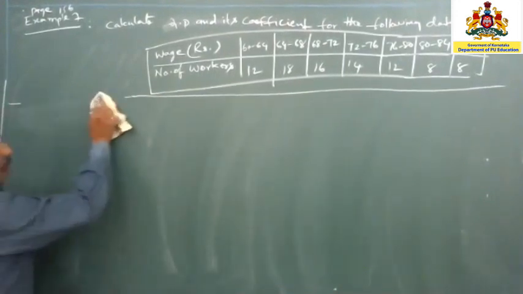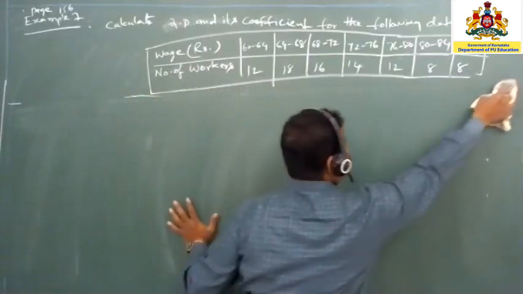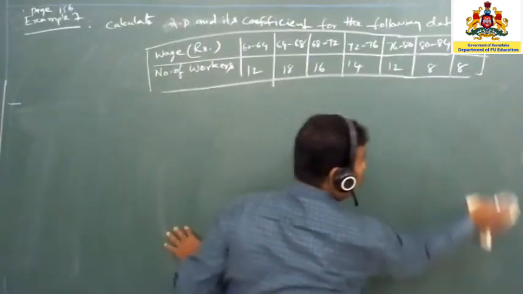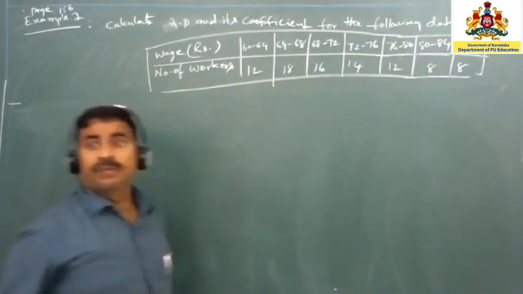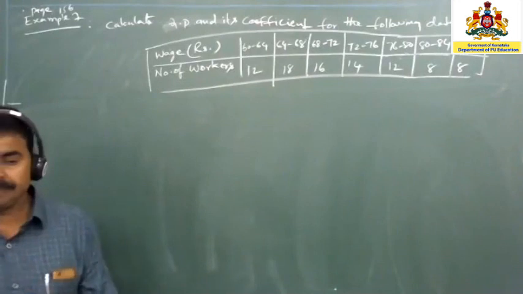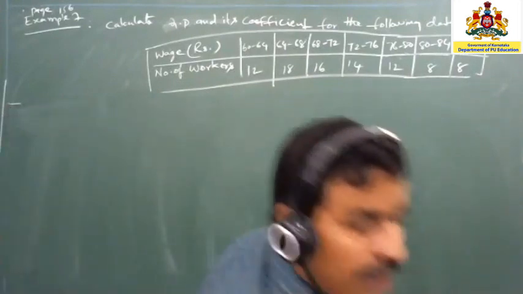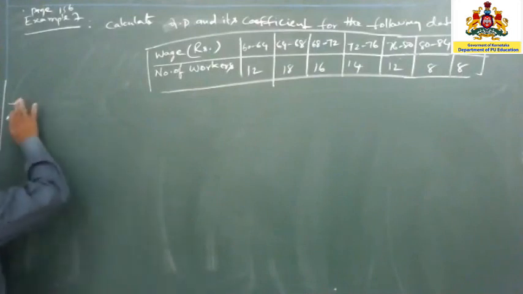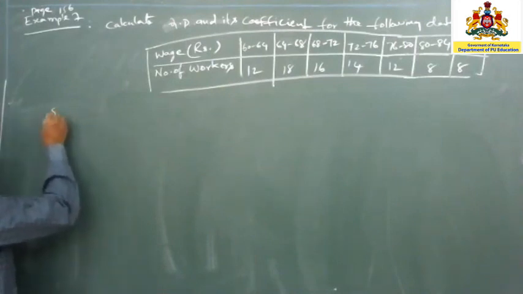Already you know how to find quartiles, partition values for a continuous frequency distribution. For that, first, solution: